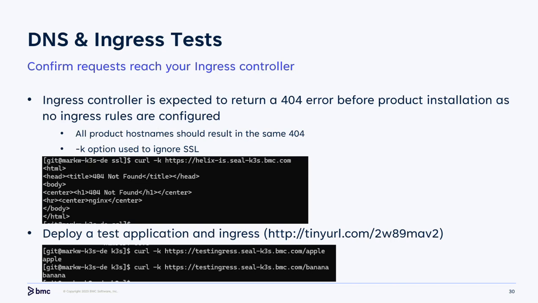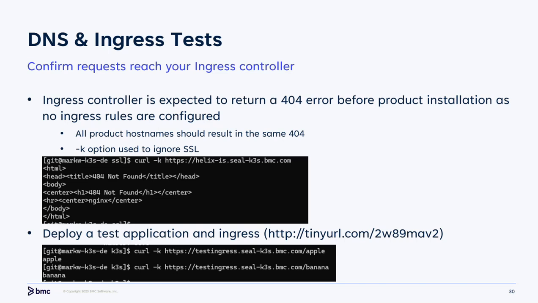There are a couple of tests that you can run to make sure that the Ingress controller is up and running. It's a little bit counterintuitive, but you do get an error from the Ingress controller even when it's correctly set up. And the reason for that is that at this point, before you've started an installation, there are no Ingress rules available. So what will happen is you can use a tool like curl, for example, to query your different host names that you've registered in DNS, and what you should get back is a 404 error. But what's important, you can see there, is it's coming from NGINX. So that confirms that